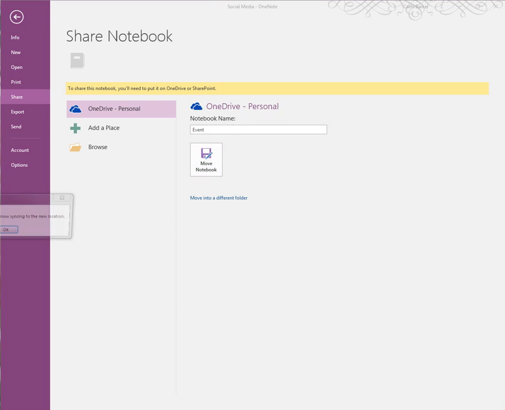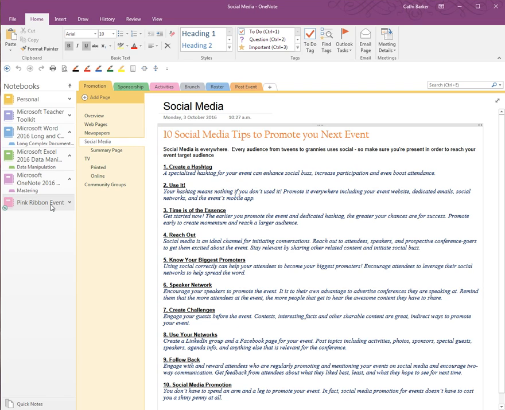size of the notebook. My notebook has now been moved to my cloud, and I can see this when I rest on my notebook in the notebook pane, that it now resides on OneDrive. Now this little symbol here appears whenever I need to check the synchronization status. What OneNote tends to do is automatically synchronize with the cloud whenever you make a change. And if this little symbol shows, it means it's a little bit out of sync, and it should resolve